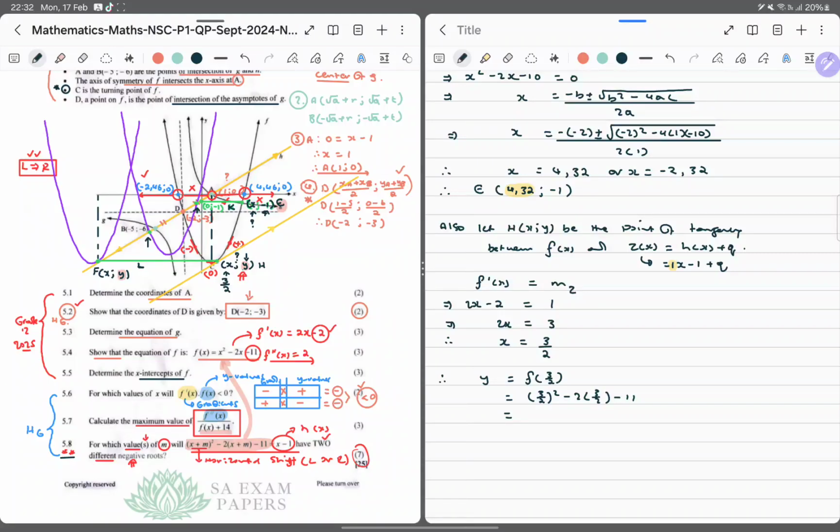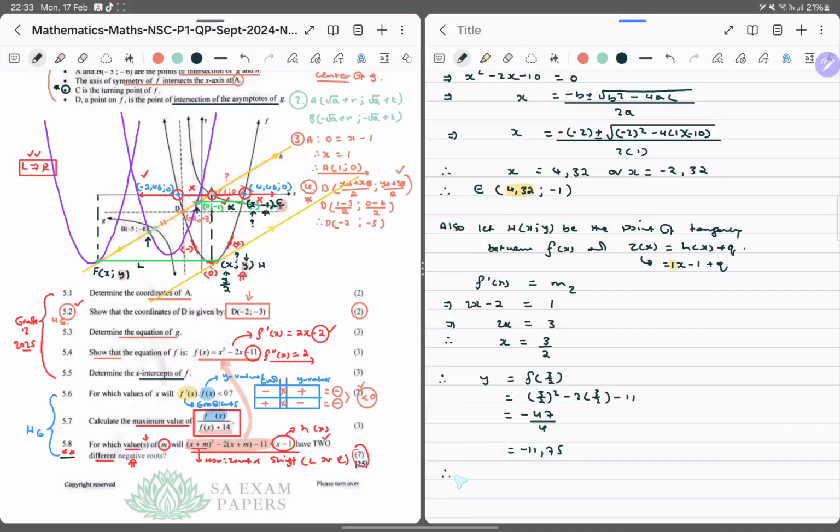So this gives me minus 47 over 4. Okay, nice and easy. So you can do it in decimal. So this one is 11,75. So maybe let's do it that way so that we don't end up with these fractions. I hate them. So this is basically minus